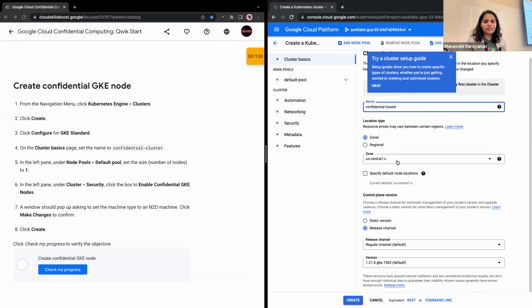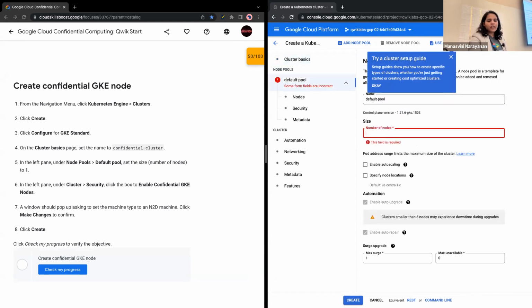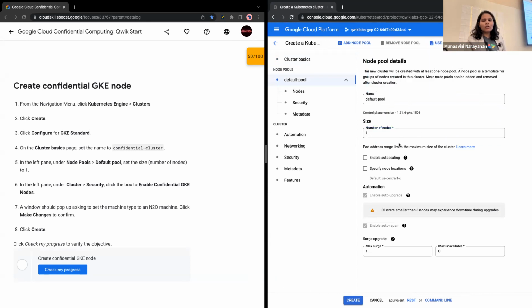Before we enable confidentiality, let's do the node pool, and we need to put the number of nodes as 1. The number of nodes is usually the number of cores we require for the program to run. Since our lab is pretty small, we just need 1 node. Node pool, default pool, set the number of nodes to 1. Is everyone with me? Okay.